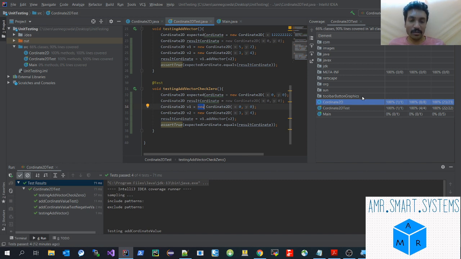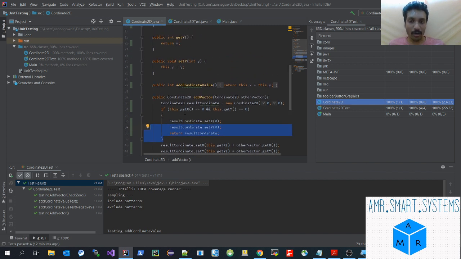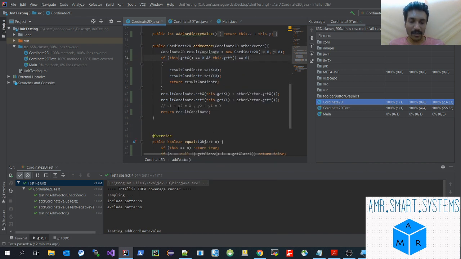Basically, this coverage part helps you to get a measure of the effectiveness of your unit test cases. Similar to the points I covered in the previous video, we have to maintain the line coverage in our Java file at 100% without missing any lines, so that we know that all the if conditions and corner cases are covered.